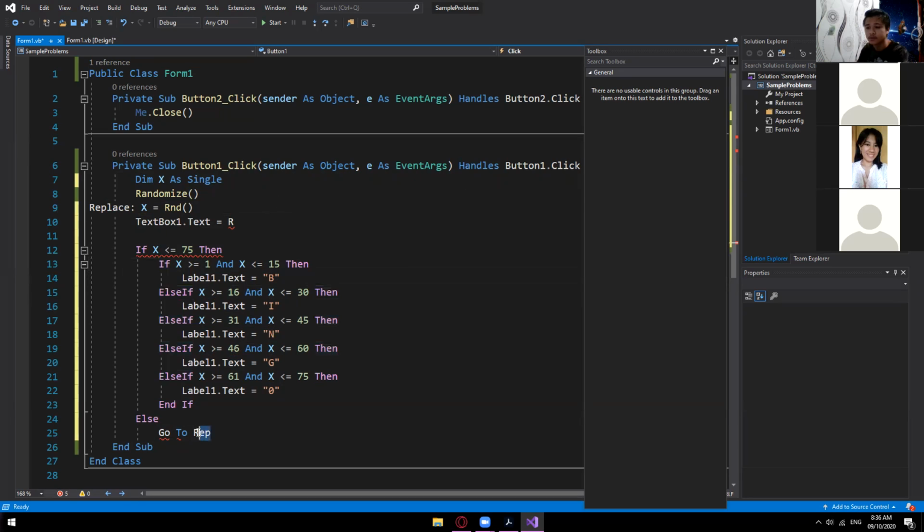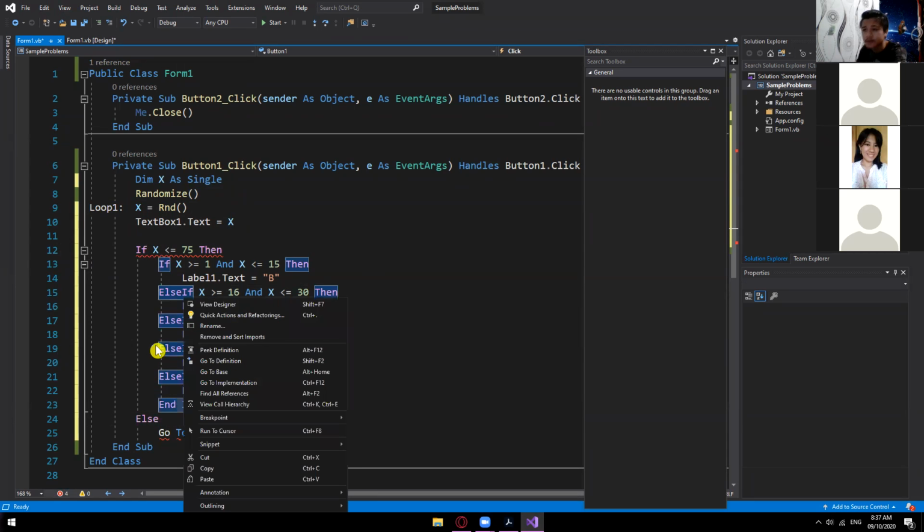Ayaw. Go to loop 1. Palitan ko na to. Kasi nababasa niya as replace. Loop 1. There you go. Arguments, expression. Bakit may error pa rin? Bakit R pa rin? X. Dapat. X is less than 75 then. Okay. Else and if